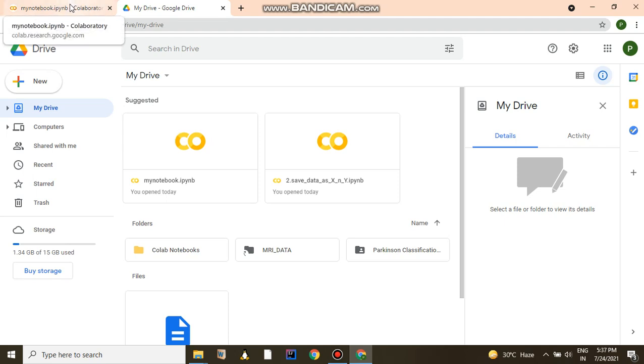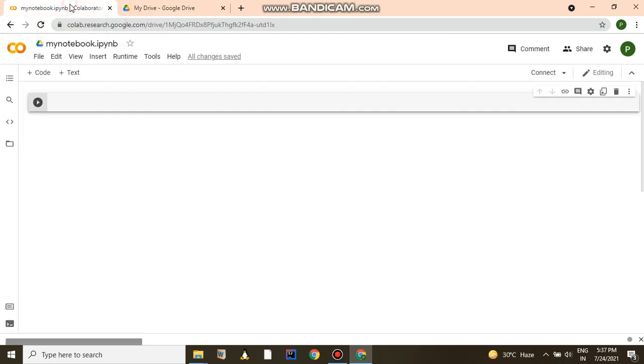This linkage gives you some benefit: you can put your data in Drive and access it in your notebook. Suppose you have a data set of 3 GB. It is not good to import that data into the Colab notebook every time, because once you close the notebook, it will vanish. Next time you execute code, you would have to import it again, which takes bandwidth and time. So it is better to keep all your data in your Google Drive and execute your notebook from the data present in your Drive.